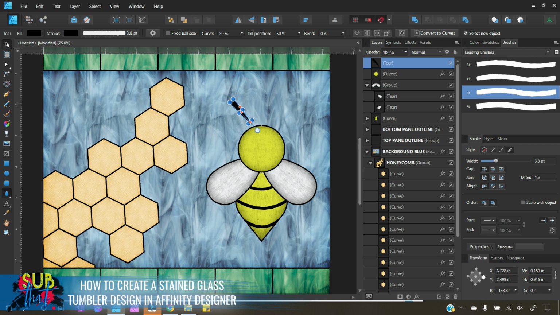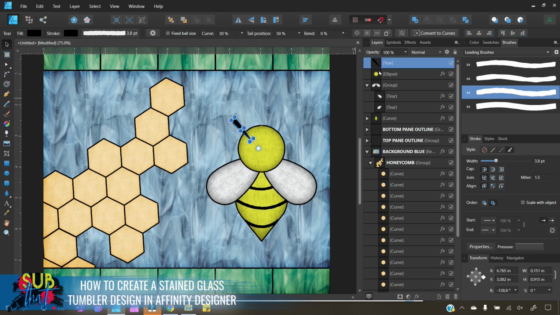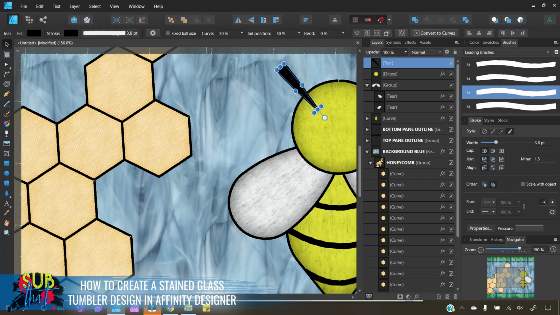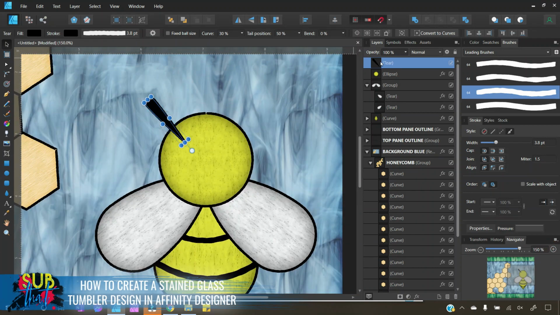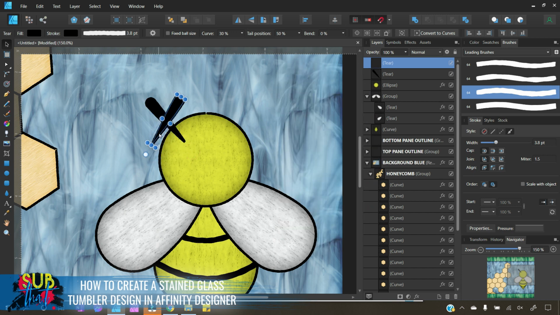And then simply rotate that and stick it into the head of your bee. Let's see. Yep, that one's pretty good. Let me zoom in a little bit so this is easier to see. We're going to right click and duplicate that. Add a second one on the other side. I'm looking for that red line that you see right there. That's from our snapping guides from that magnet icon,